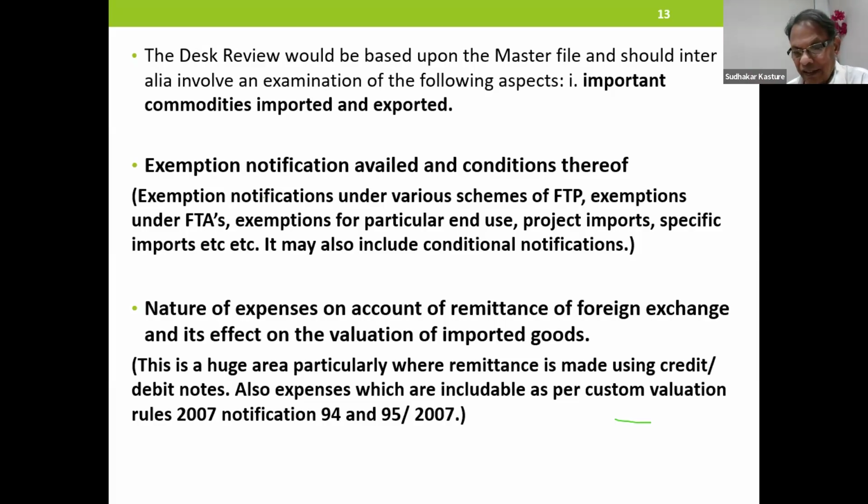As I said, the focus of the government is to check under-invoicing when it comes to imports, over-invoicing when it comes to exports. And what is includable has been clearly explained in the Customs Valuation Rules. What are the cases? What are the examples that have also been given? My experience of the industry is that those who are filing 500 shipping bills, people have not studied Valuation Rules 2007 in depth.